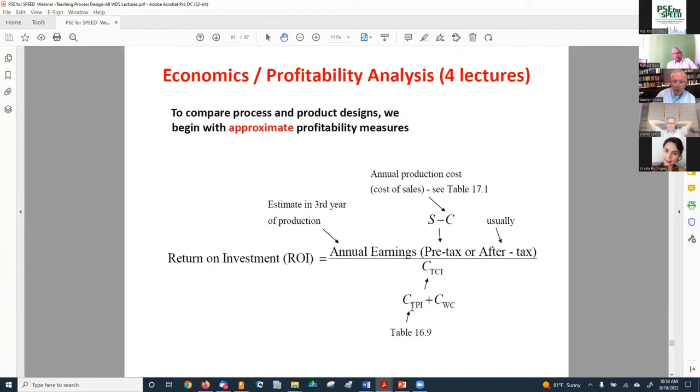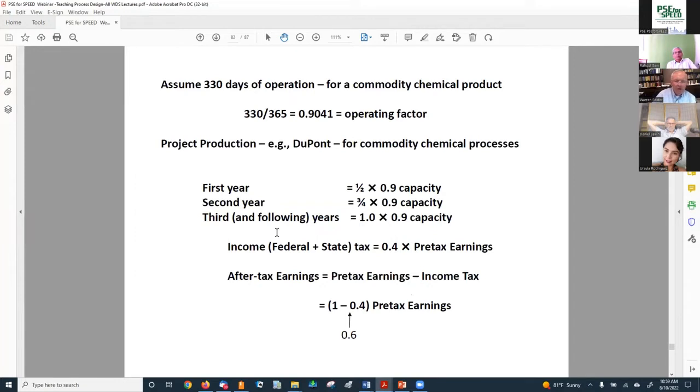Okay, that's the total permanent investment I just discussed and the working capital. This is the standard return on investment, ROI. Okay, other things that we discuss with the students, very important things, have to do with